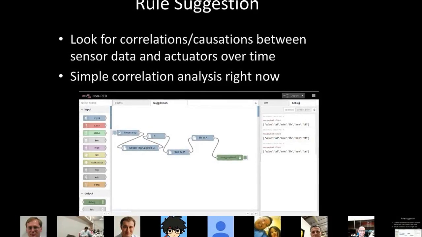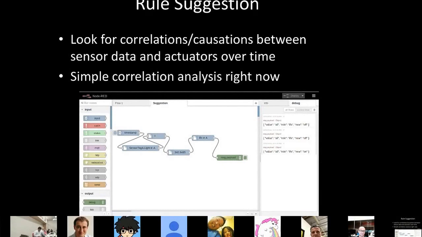Really trivial: every time you come into this room before 9 o'clock, you turn the lights on. Every time you come into this room after 9 o'clock, you leave the lights off. Can we automatically identify those using techniques we've been working on with the super sensor to produce a rule? In this case, I can't remember what this says: a light sensor greater than some empirically derived value, then turn that light fixture on.